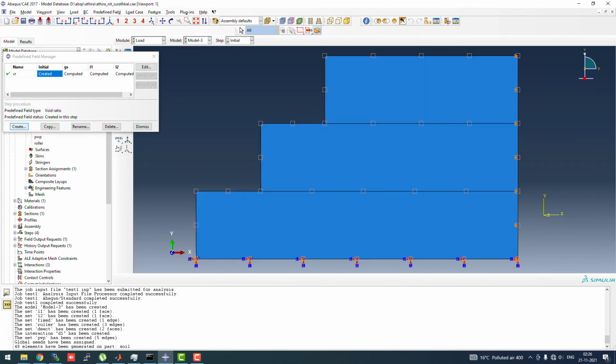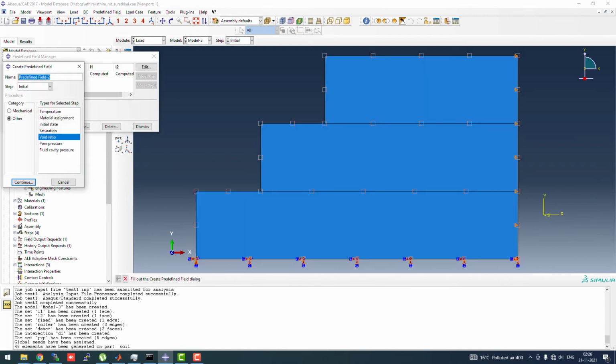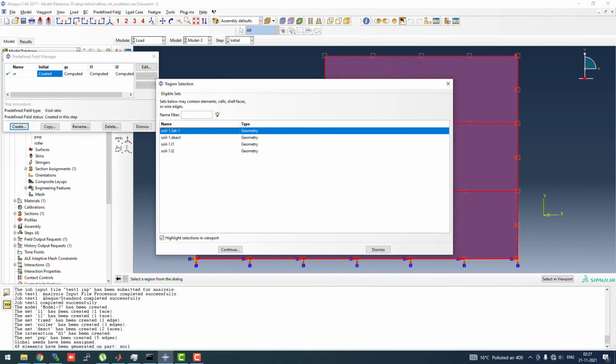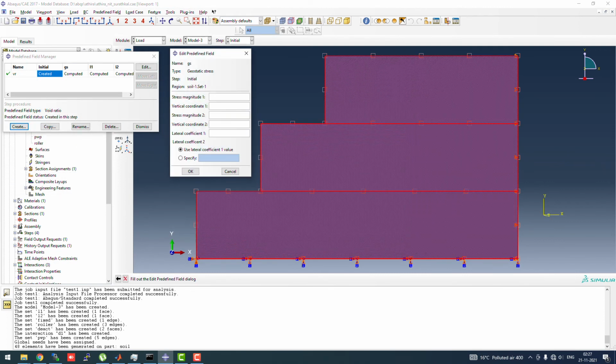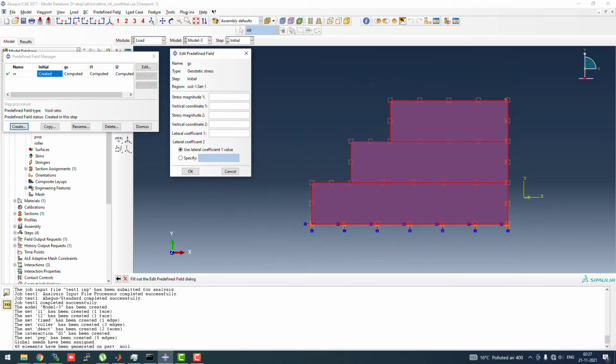One more thing which you can do is that you can create a geostatic stress, which I'm not using. Let's just use it. Let me also tell you how we can use geostatic stress for the whole thing. As you can see here, we don't have the coordinates with us now, but once we go to assembly we can change it.